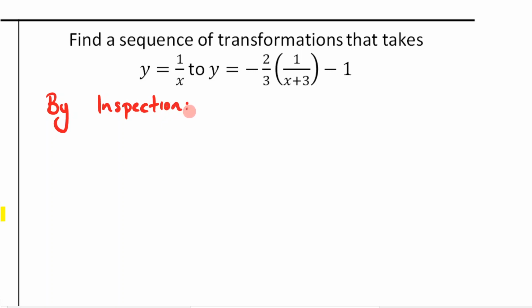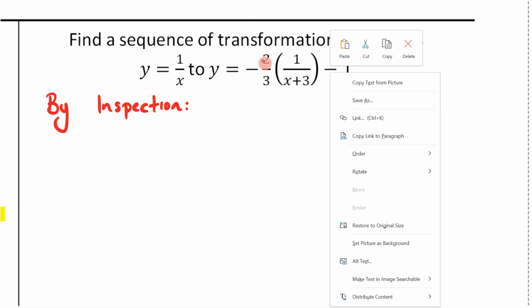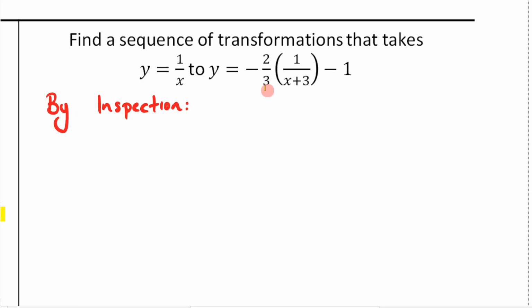for our understanding. So remember, the very first thing you need to do when you do it by inspection is to make sure you factorize. But as you can see here, I don't have to. So it makes it much easier. That means I can just simply read off what's happening here. So remember, the first transformation you read is your dilation. So I've got this 2/3 here. So what that means is that I have a dilation